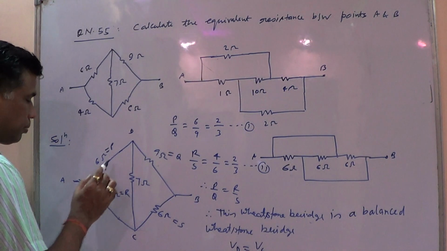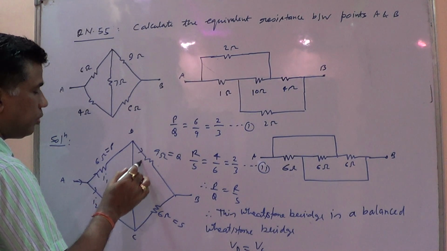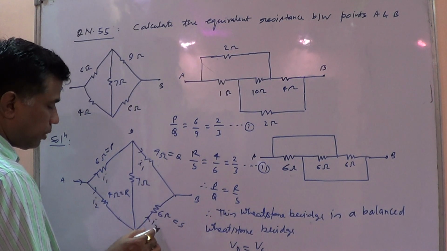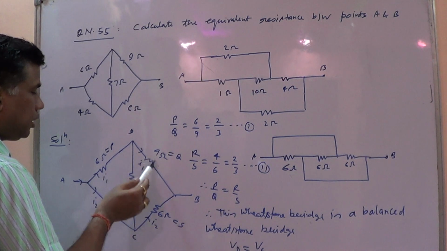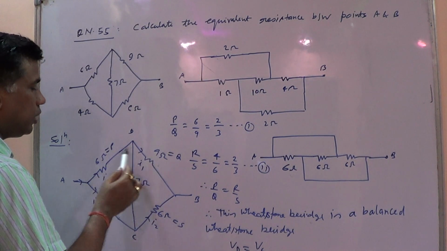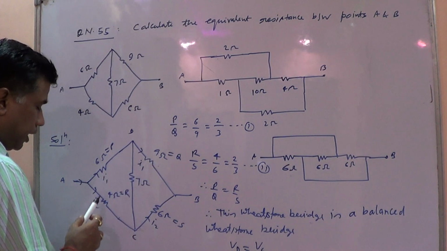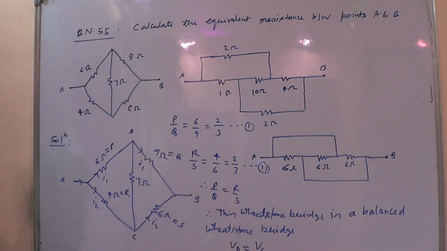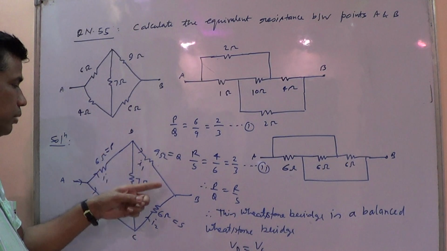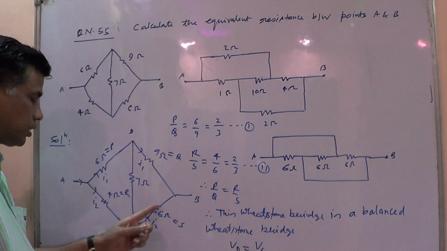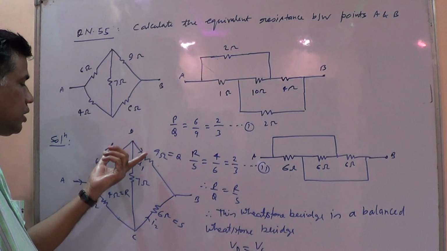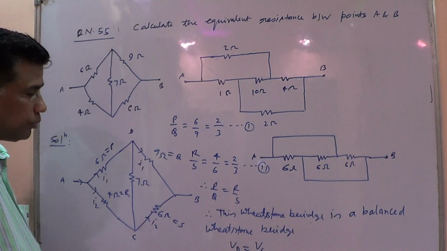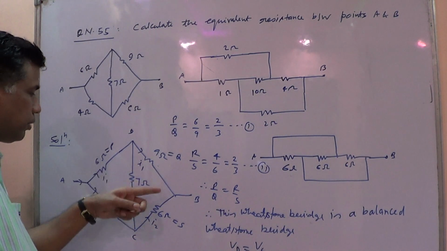So whatever current is passing through this 6 ohm, the same current will pass through 9 ohm. In the same way, this I2 current will pass through 6 ohm. So one can say in these two resistances the same current is passing, so they are connected in series. Again, these two resistances are also connected in series. So to find equivalent resistance, first we will connect them in series combination, then these two resistances also in series combination, and the equivalent of these two will be connected parallel to the equivalent of these two. So I am going to find first the equivalent of these two resistances.